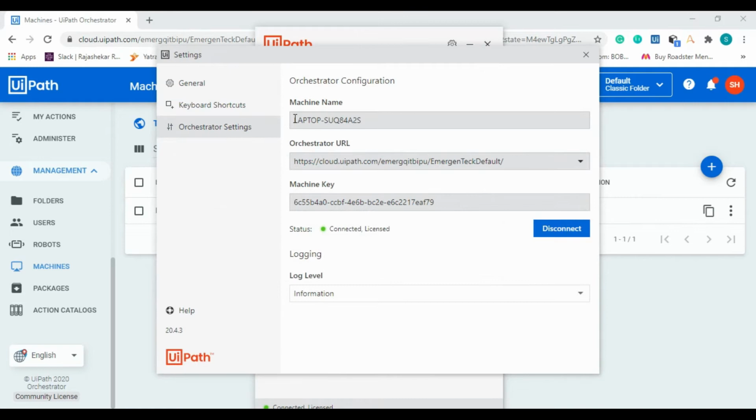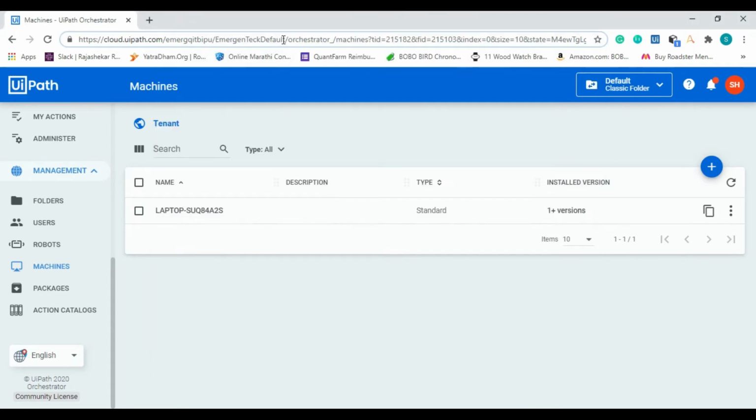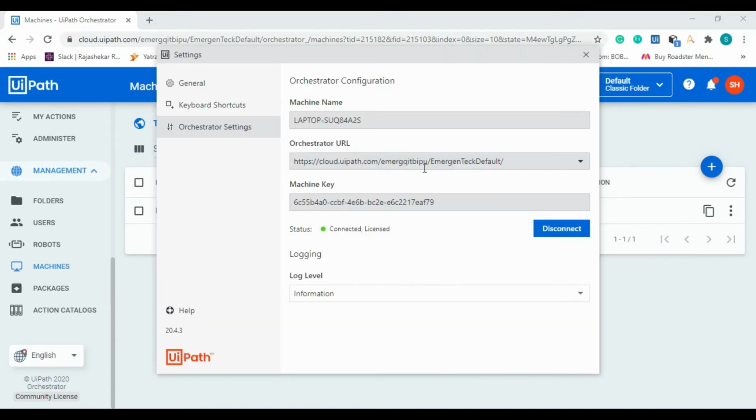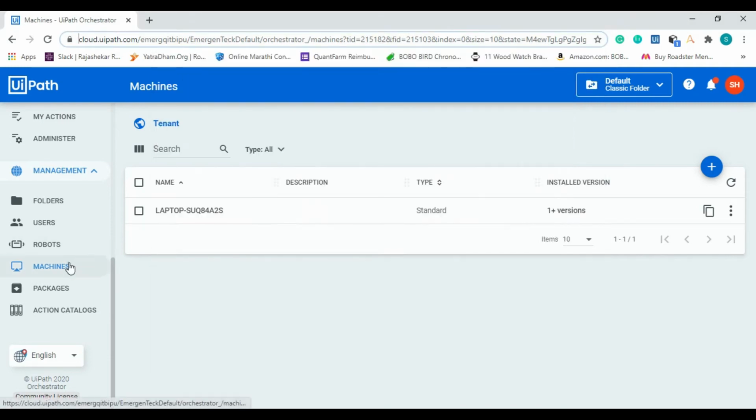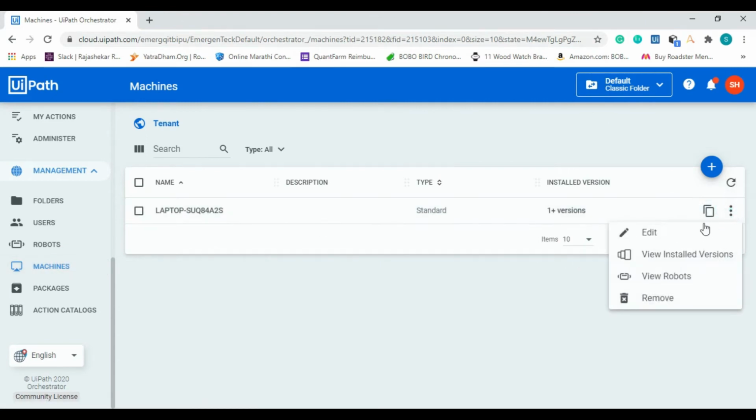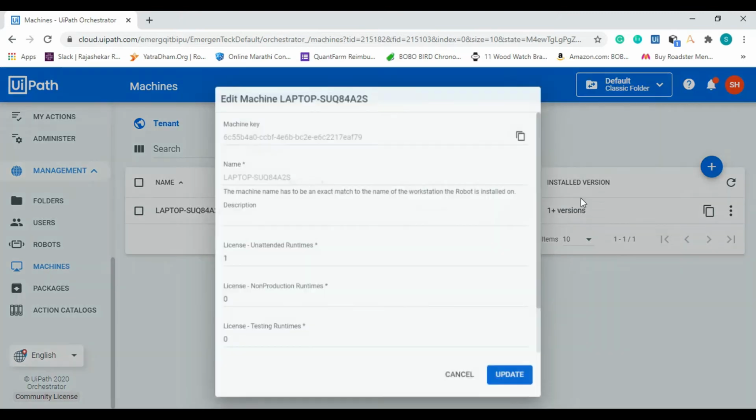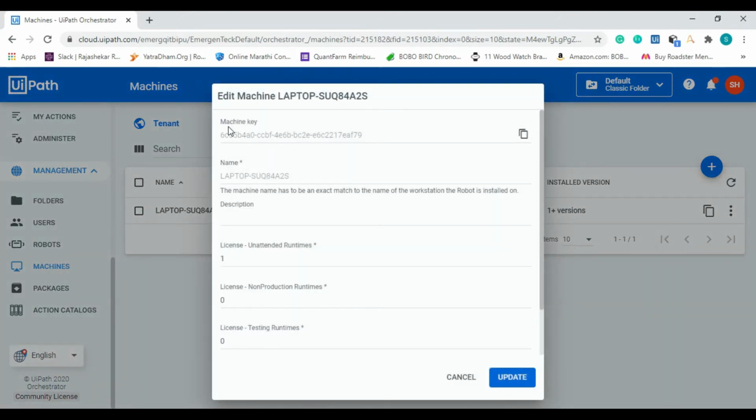Here you have to provide the same machine name as we provided while creating the machine, and the orchestrator URL. Copy the URL up to your orchestrator name and paste it over here, and the machine key. For the machine key, go to the orchestrator, click on machine, click on more, click on edit, and here you will get the machine key.